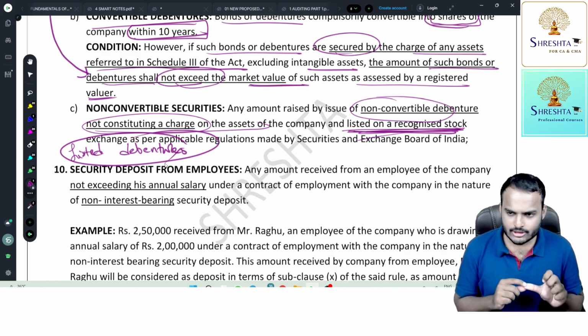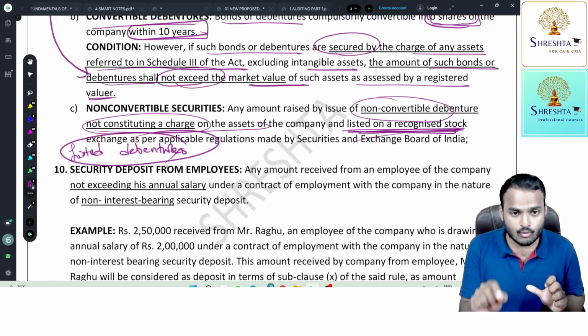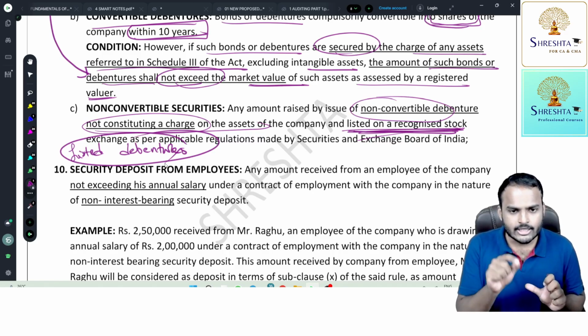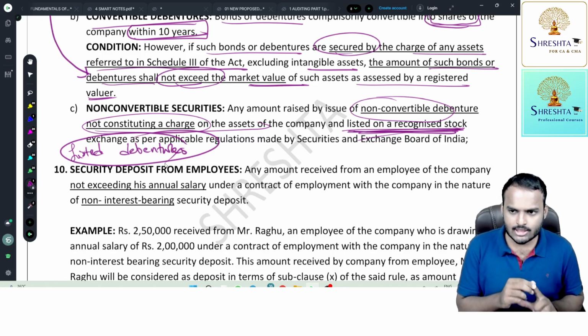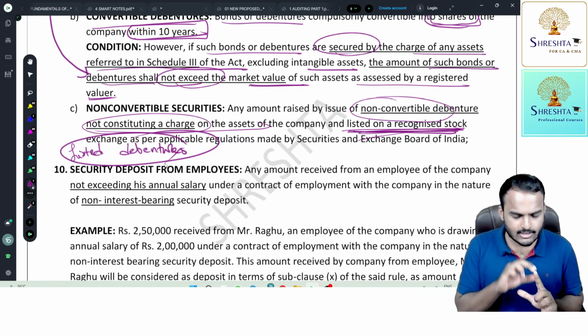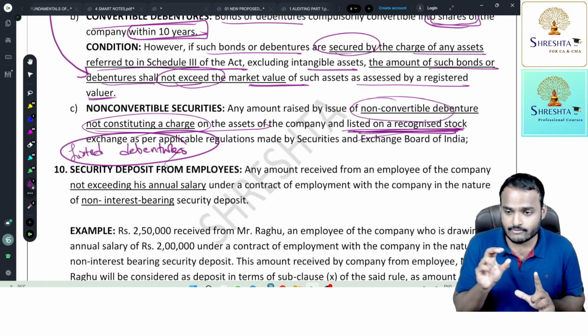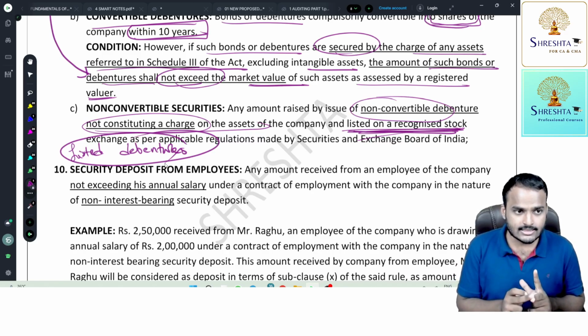Everyone, secured debenture is not a deposit, provided the value of security you provide is greater than or equal to the value of debentures. Next, convertible is not a deposit, but such convertibility should happen within 10 years of issue. And third point,